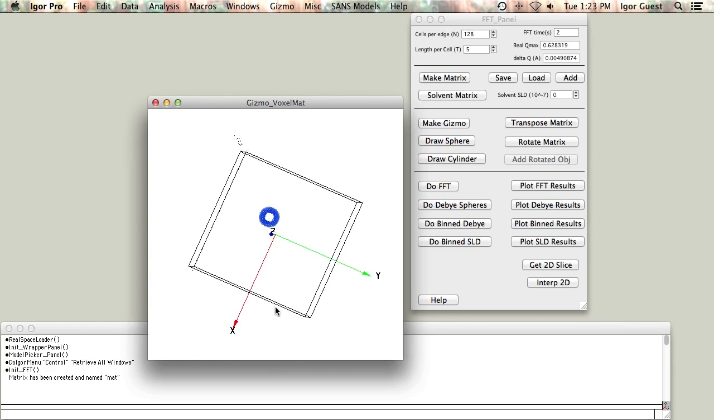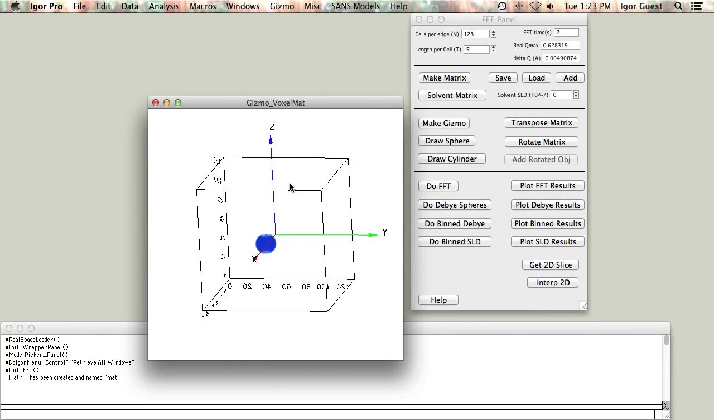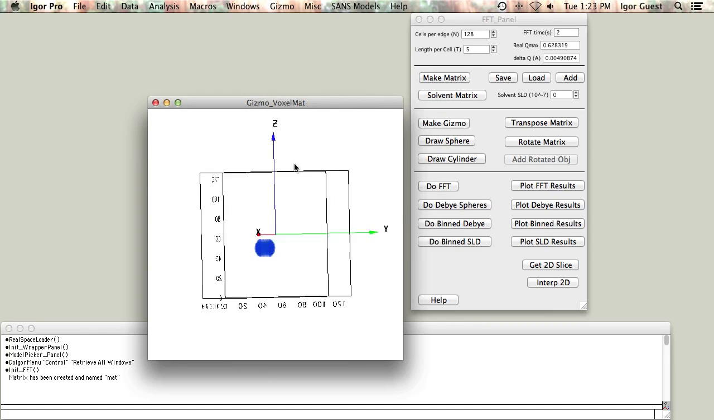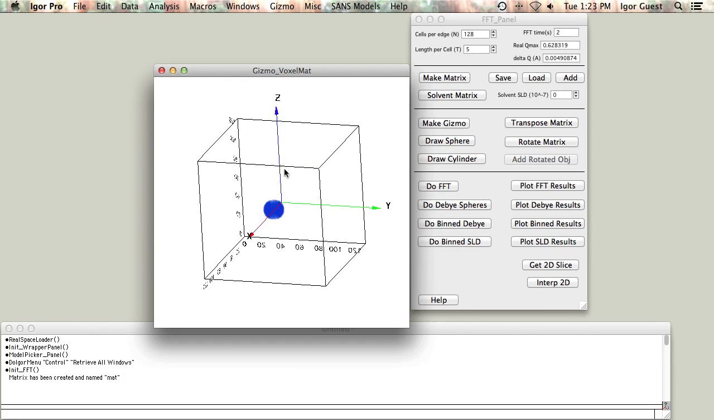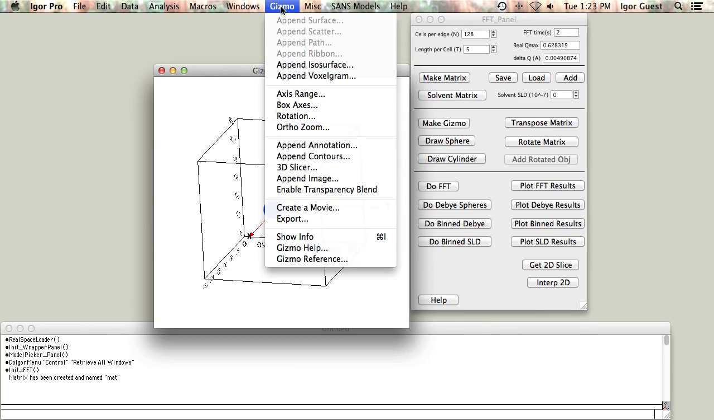And it looks like it hasn't shown up. It actually sort of looks like it knocked a hole in your sphere. In fact, what happened is the display is only showing values of 10. So if you, under the Gizmo menu, show info,